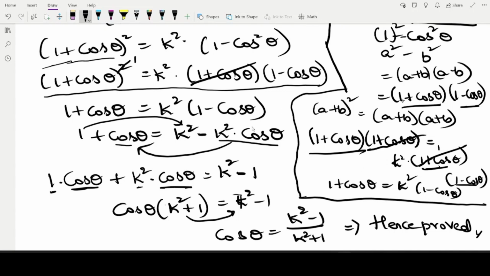So this is the problem. I hope you are clear on this problem. If you have any doubts on these last 5 problems of the exercise